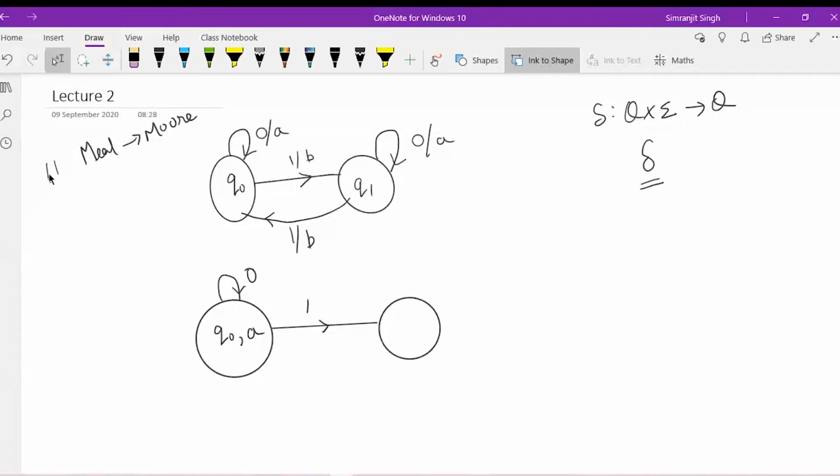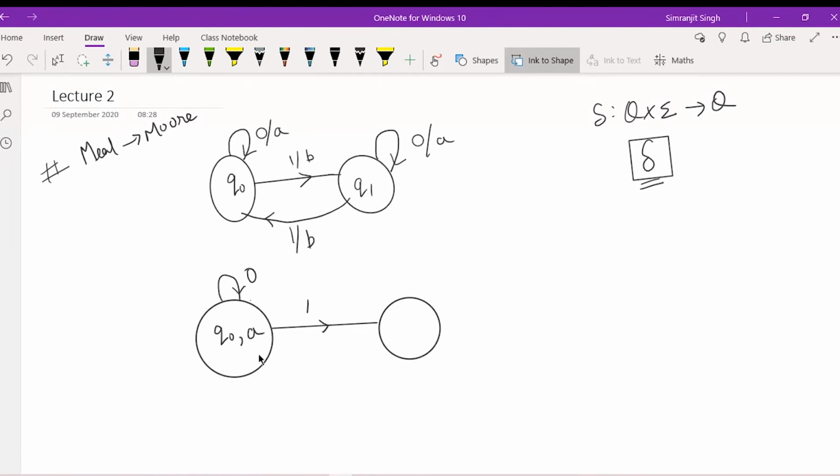So in this type of Mealy to Moore conversion, you just start with the basics and go with it. Just remember the transition function. The transition function says that this is a function of DFA. It says that on every input, every state has to be defined. So only follow this.